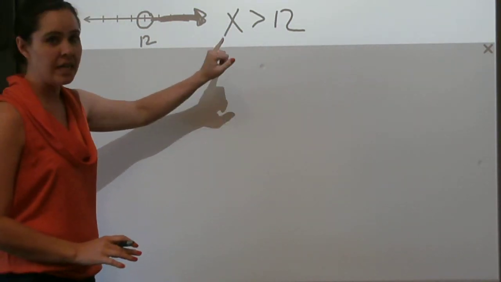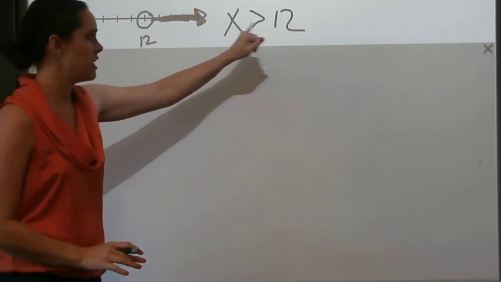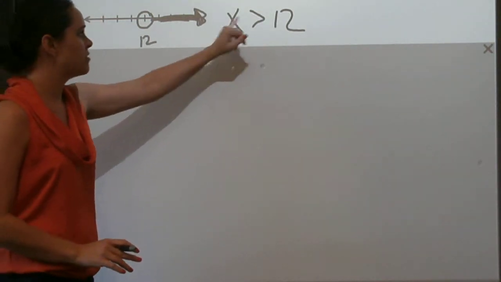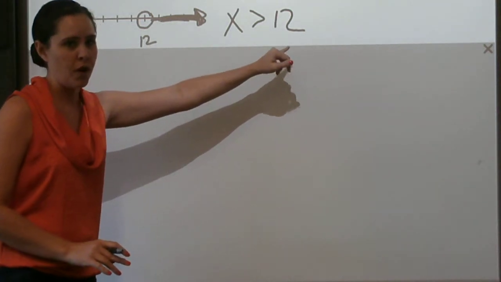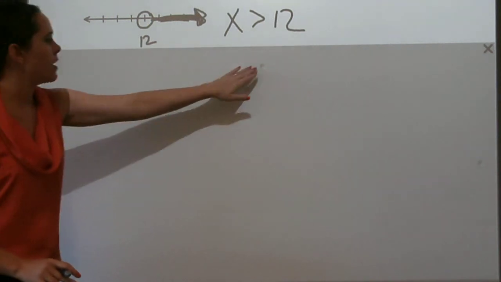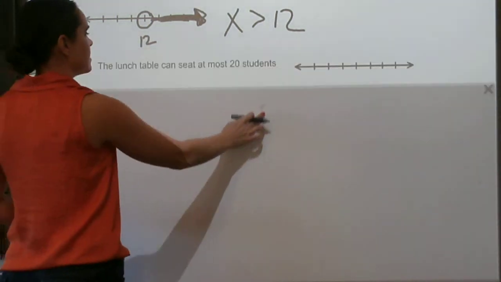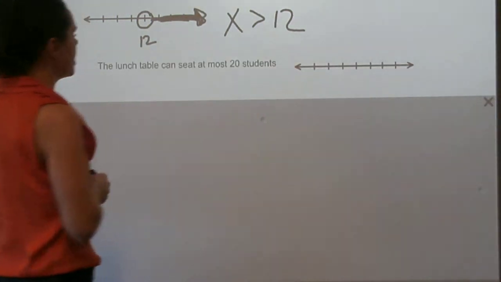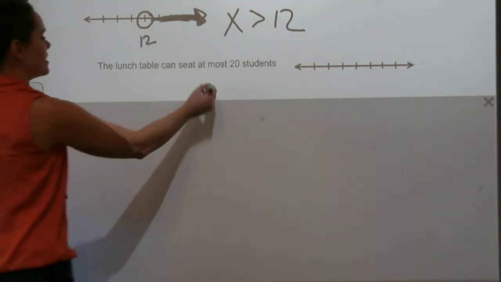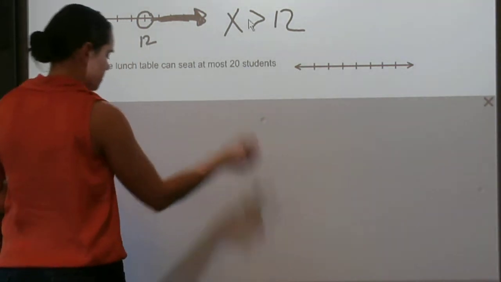So 13 would make it true because 13 is greater than 12. 1,000 would make it true because 1,000 is greater than 12. So we open circle, shade to the right. All right, our next example was the lunch table can seat at most 20 students, and we said that inequality